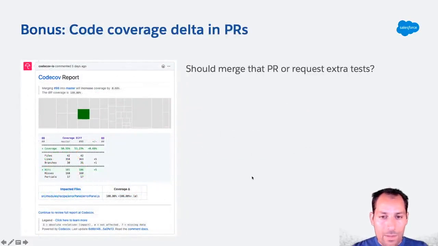Now, there's also a bonus that you can get from Codecov or maybe another tool. You can get some automated reports on pull requests, and I think that's a very valuable thing. We don't have that yet for all the sample applications on the Trailhead gallery, but we're going to put that in soon. And the idea is that we can automate some reports which show us the delta in terms of code coverage that a PR will bring in. And that's basically something that lets us answer very easily a question: